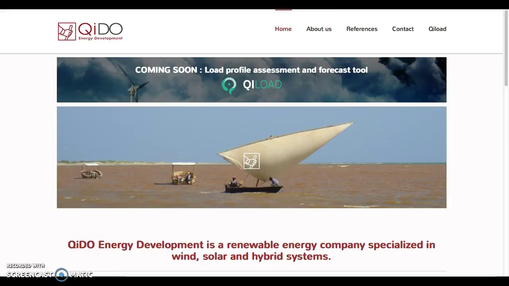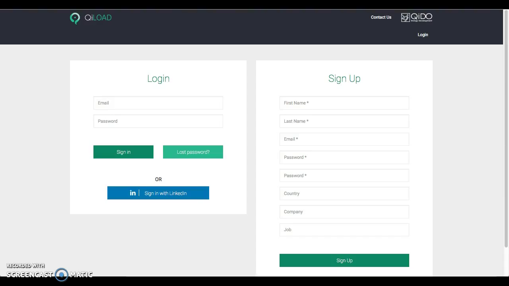I'm going to walk you through a short tutorial on QiLOAD, the load profiler app. We're going to create a project and go through the different steps to add appliances until you generate a load profile curve. First page you will reach when you are on the QiLOAD web app is the sign-in one, where you